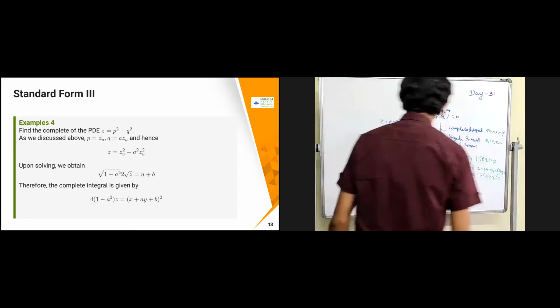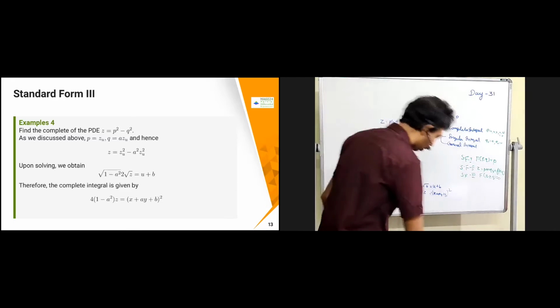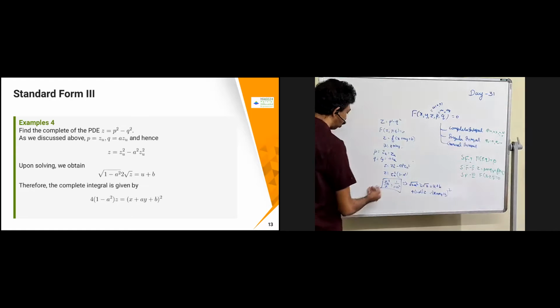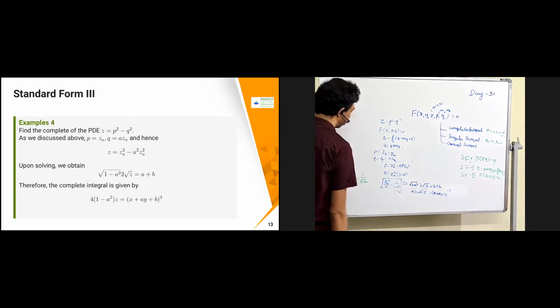Now what we have, this solving I'm just giving to you as an exercise. So this is going to become du by dz. I'm just taking square root on both sides. So du divided by dz is going to become 1 by square root of 1 minus a square. Now you can just integrate on both sides, same way as what I got here. 1 by 2 root z is there, so you are going to get z power minus 1 by 2, etc. Same way here, so you are going to get exactly the same.